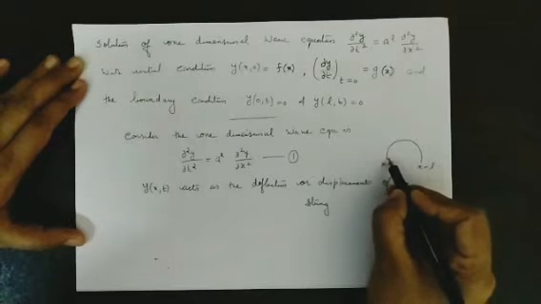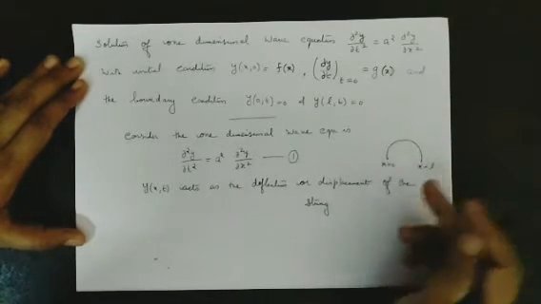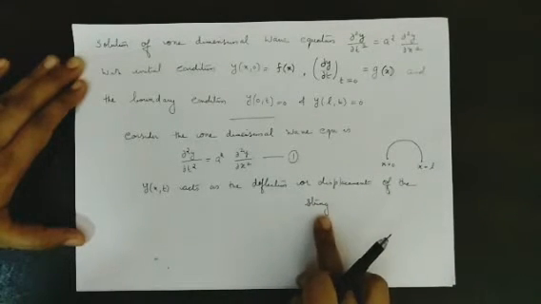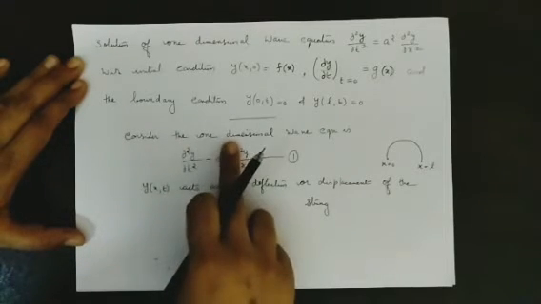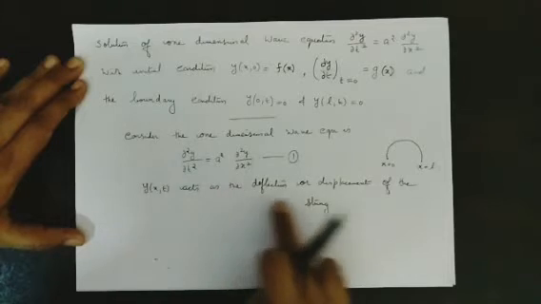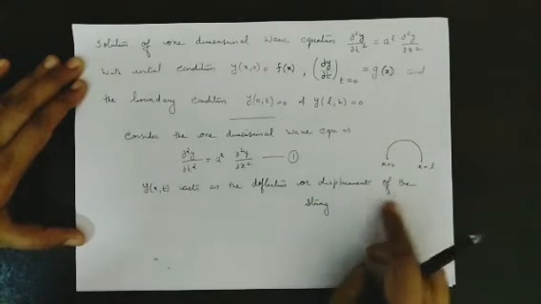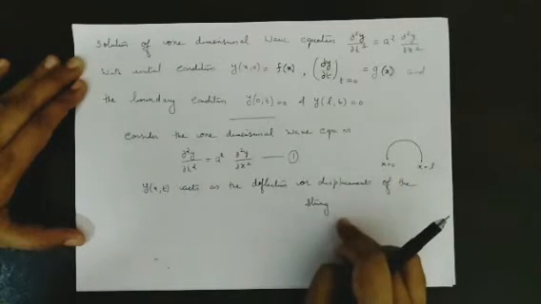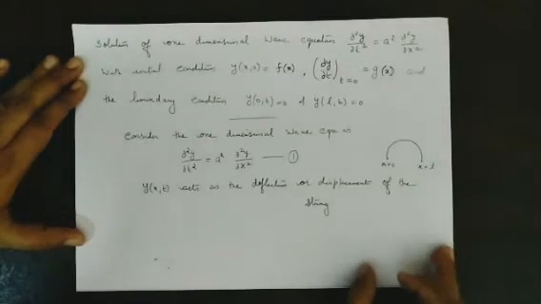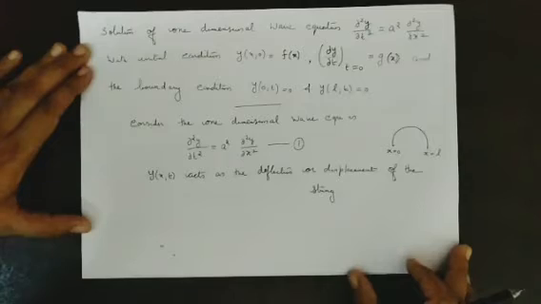Here if I am touching this string, the string will vibrate. Then we can calculate the displacement of this string. Now the displacement depends upon the solution of the one-dimensional wave equation. Therefore we can say that a tightly stretched string and its displacement is an application of the one-dimensional wave equation. Now we can apply the boundary conditions.